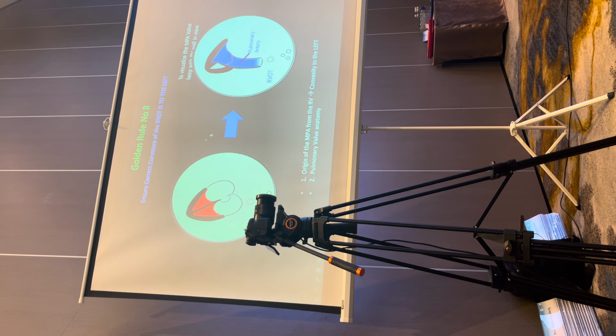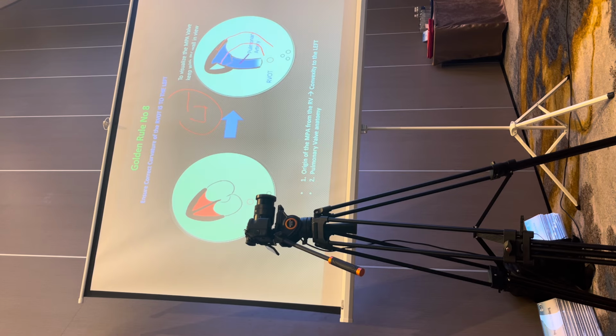So golden rule number 8 is to understand, when you sweep from a 4-chamber up to a 3-vessel, the curvature of the pulmonary artery as it comes out of the right ventricle and its relationship to the right ventricle. This is a normal case showing the pulmonary artery with normal curvature. It's convex to the left. Because in babies with transposition of the great arteries, the pulmonary artery comes out of the right ventricle and is convex to the right.